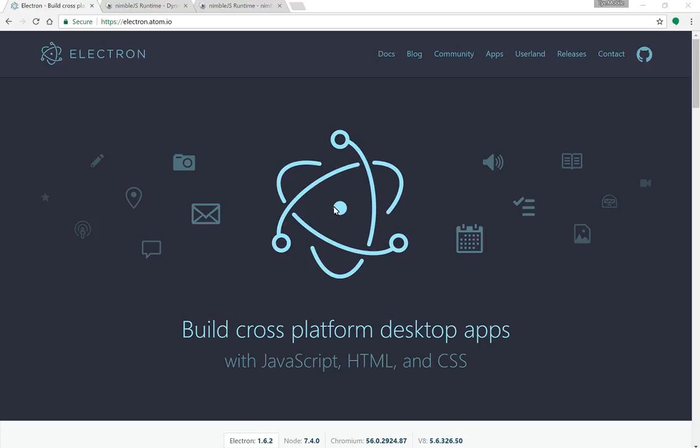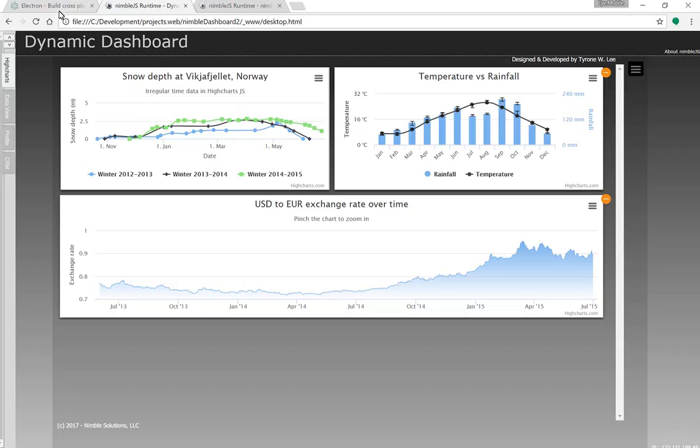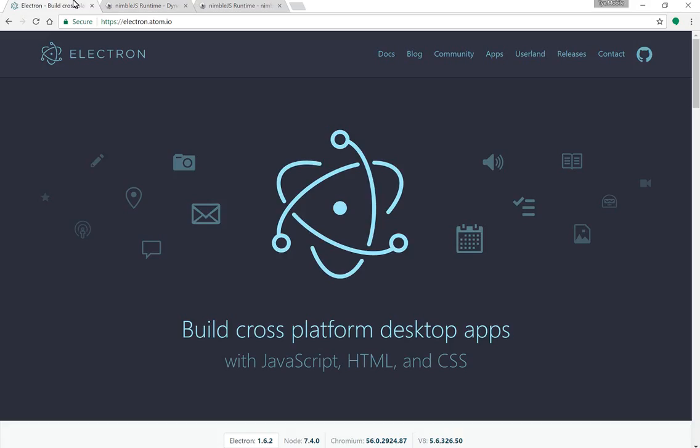In the last video I showed how I could build a cross-platform application using Electron. You watched as I was able to build the dynamic dashboard and the previous SDK dictionary using Electron. And when I finished the application, it dawned on me how much I could use the current source base to start working on Nimble v5. And I mentioned that I might work on it near the end of this year, maybe next year. But then I spent an hour or two on it on Saturday and was able to get some